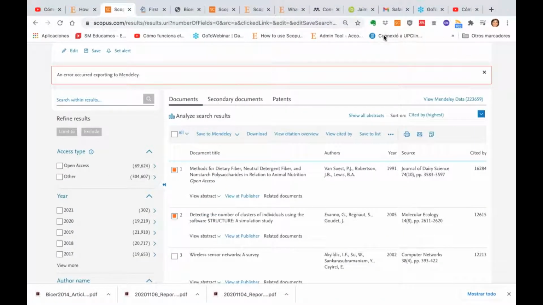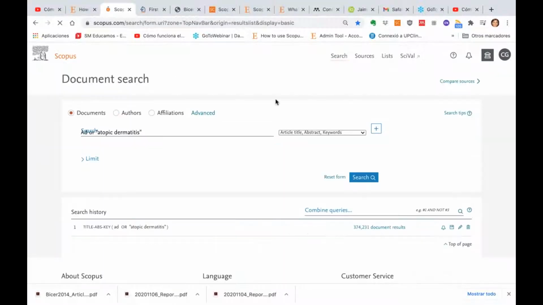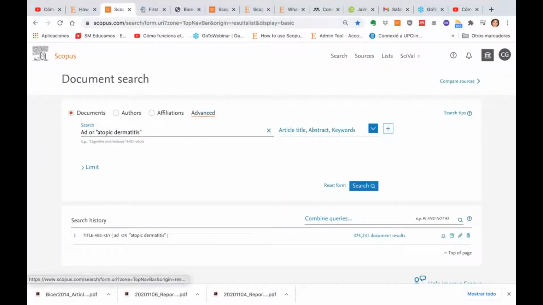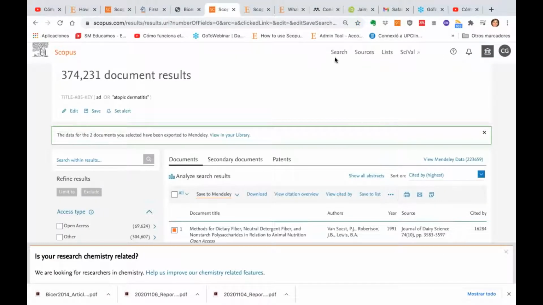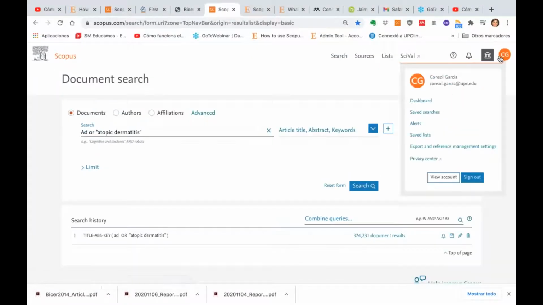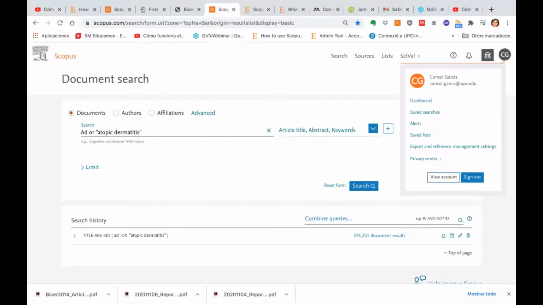So now I'm going to show you Scopus. Let's go to the main screen. Okay, this is the main screen of Scopus, and as I say, it's so important that you create an account here. You can see that's mine. Oh, sorry, I have another session open here with my personal name. Anyway, you can see here